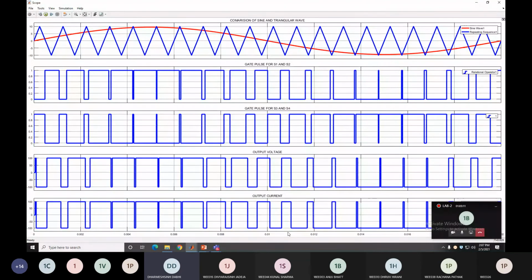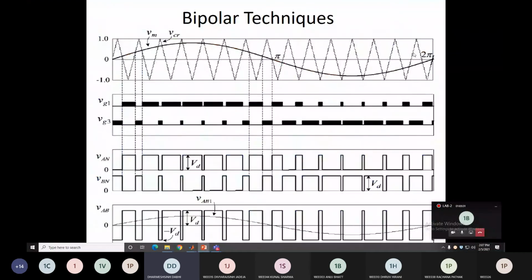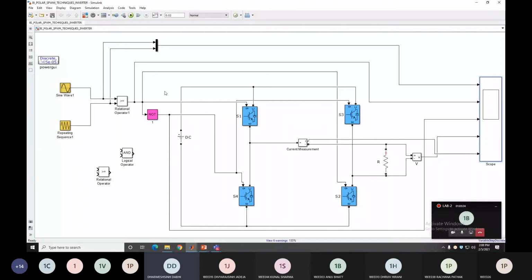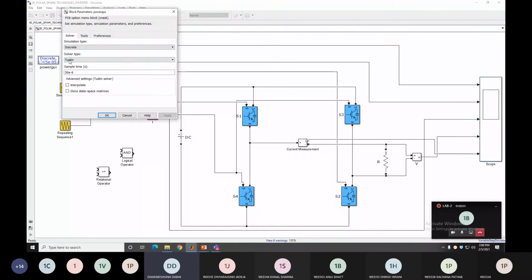Yes, sir. Now, how can we check that this output contains the low harmonics? So again, we use the FFT analysis. Clear? By directly seeing this waveform, we cannot say that this waveform contains less harmonics. We must prove this. So by the FFT analysis, we can prove it. So let's do the FFT analysis of this simulation. Run this simulation again. We want to do the FFT analysis of this voltage waveshape, which is in the 1, 2, 3 and 4th axis. So select the input 4 in the FFT block.